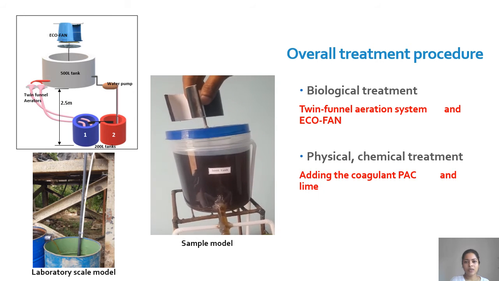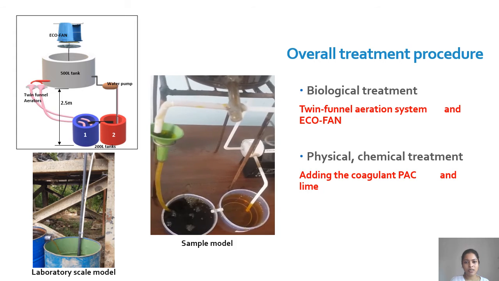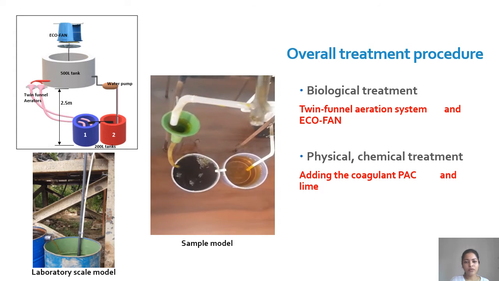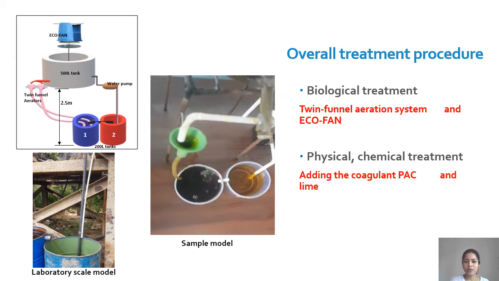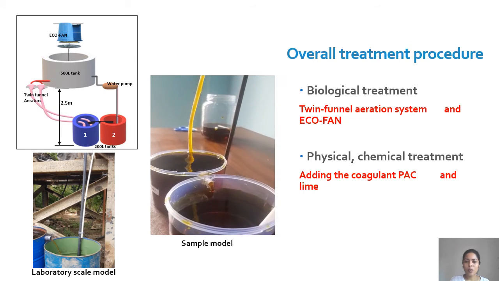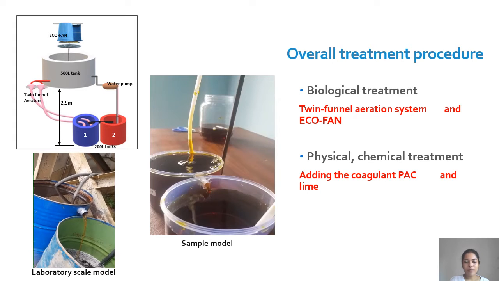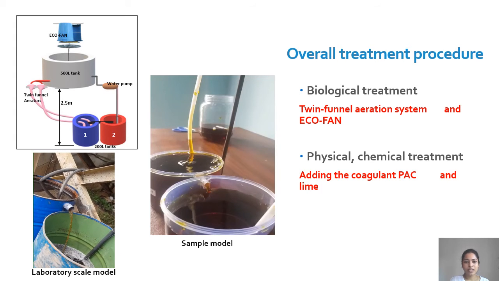This leachate was transferred into the 500-liter tank and it was diluted with 300 liters of water. The prepared leachate was allowed to flow through the funnel aerator system into barrel 1. The aeration process takes place inside barrel 1. Once barrel 1 is filled with leachate, it flows into the next barrel. A pump was fixed to this barrel to pump the leachate to the 500-liter tank. The leachate was allowed to circulate for 14 days.